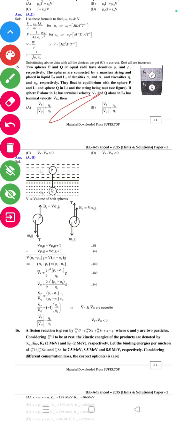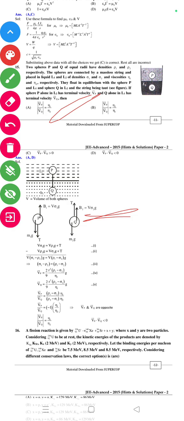भी वॉल्यूम तो B1 इक्वल टू V σ1 g, m1 g, T और m2 g, T और फिर B2 इक्वल टू V σ2 g। तो V σ1 g इक्वल टू V ρ1 g + T, V ρ2 g इक्वल टू V σ2 g + T। तो V σ1 − ρ2 इंटू g इक्वल टू V ρ1 − σ2 इंटू g। तो σ1 − ρ2 इक्वल टू ρ1 − σ2। तो Vp इक्वल टू 2/9 r² σ1 − ρ1 − σ2 by η2 इंटू g। तो Vq इक्वल टू 2/9 r² ρ2 − σ1 by η1 इंटू g।